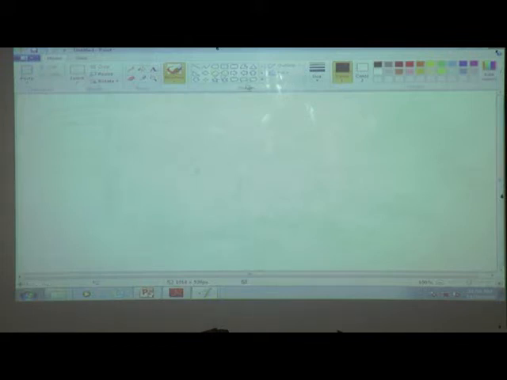These are the tools, right? If you want to draw a rectangle, then click here. You can see this is the mouse pointer. If we move the mouse, then this also moves.